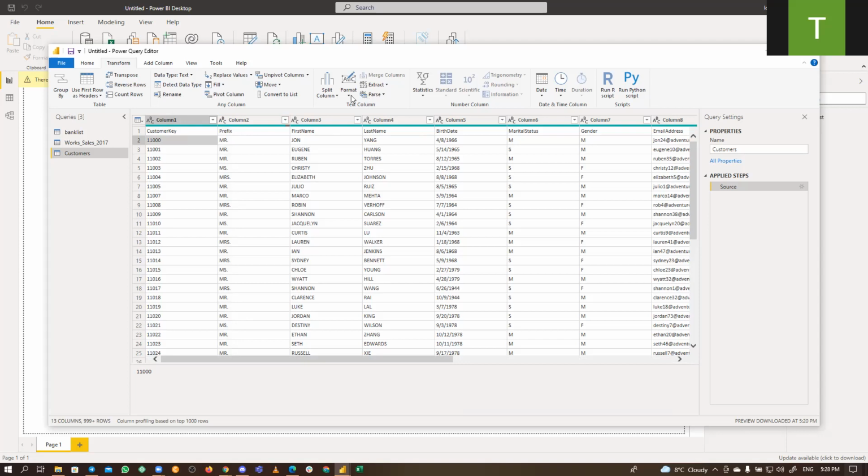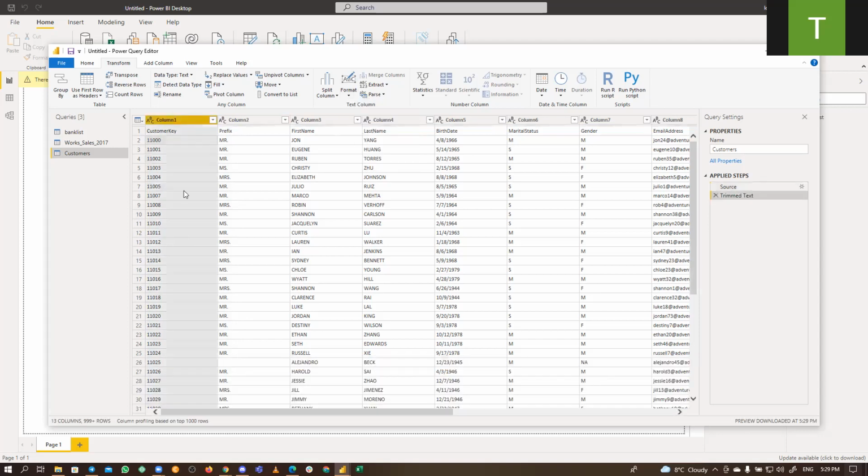So those are where these things come in handy. You can trim this, meaning it removes anything that is space. It takes it off. So that is what trim and clean do, and add prefix, add suffix. All of these things, just play around with them.